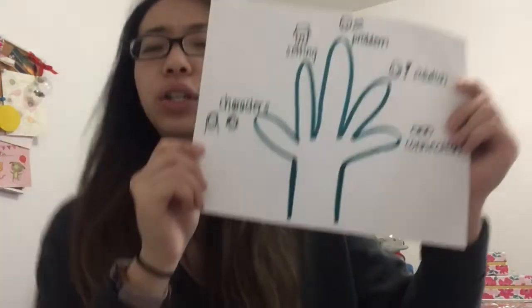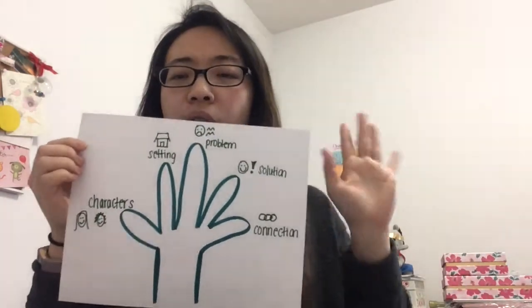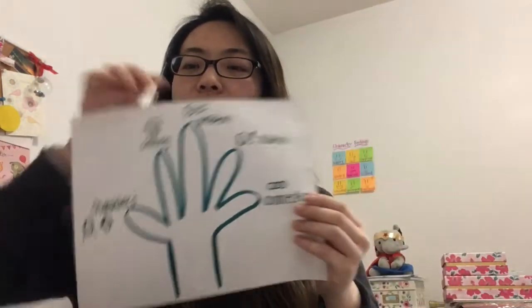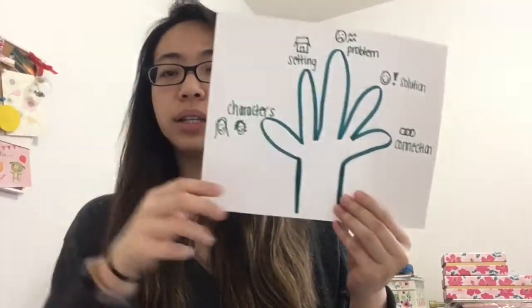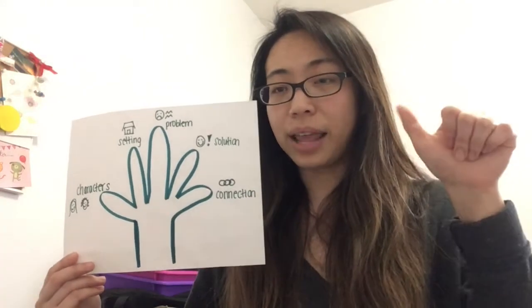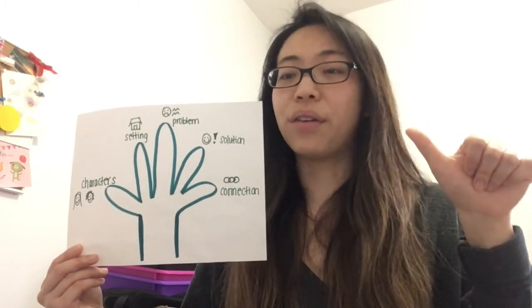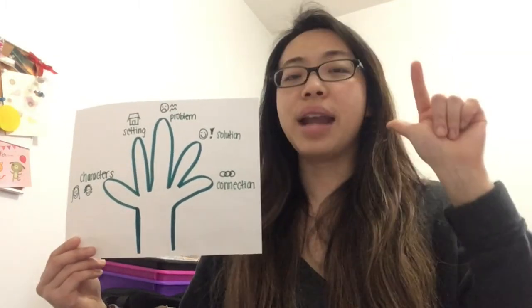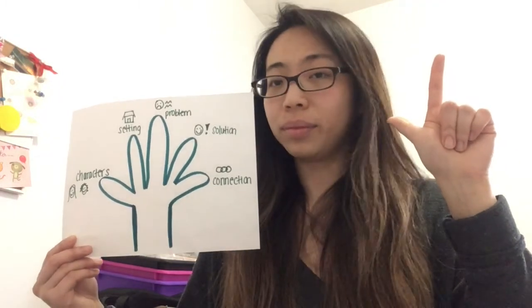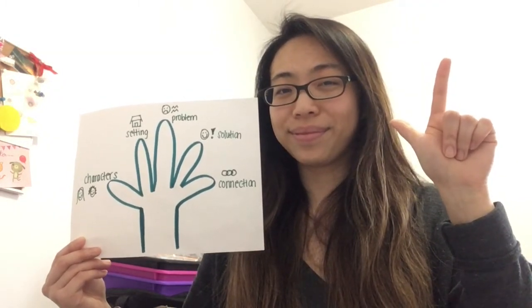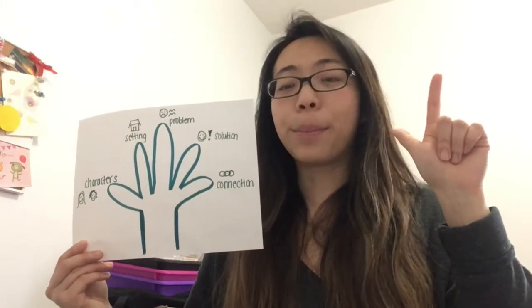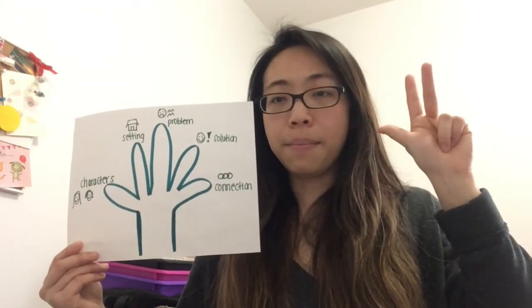So let's do this again, okay? Let's remind ourselves of our retelling hand for Max Rides His Bike. Get your hand ready and get ready to retell. So remember, first is the characters. Who are the characters in the story? Right, Max and his grandpa. Next, what is the setting? Right, their backyard.